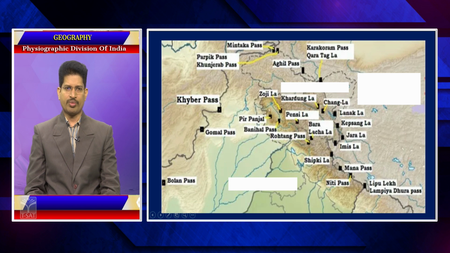For example, the Khyber Pass is an important one, the Bolan Pass, you have these different kinds of passes, Zojila Pass, Pir Panjal, Banihal Pass, Shipki La. These are very important passes which are essential for answering certain questions. So note down these passes, their geographical location and their importance. These passes have not only geographical importance, they have even historical importance. That is the reason why in these two contexts, these passes are very important to you.